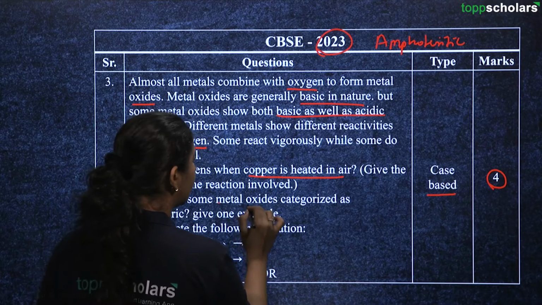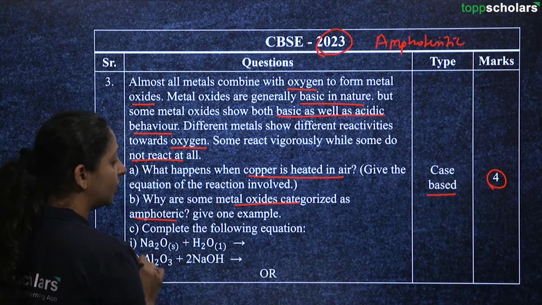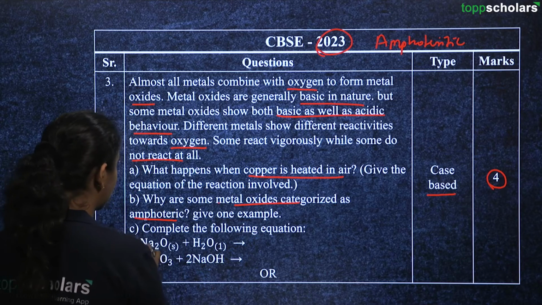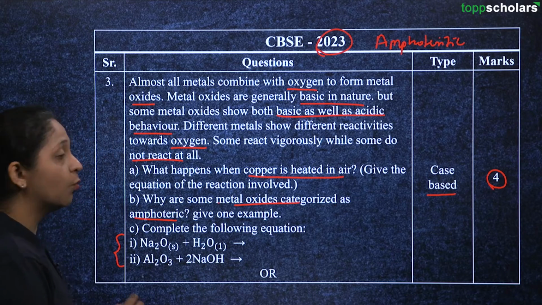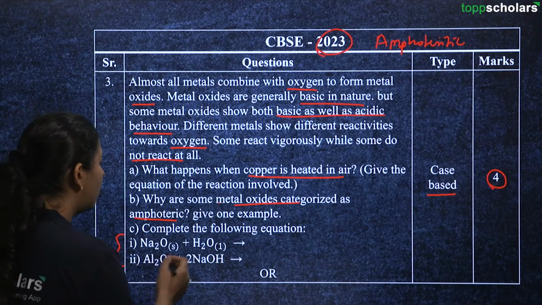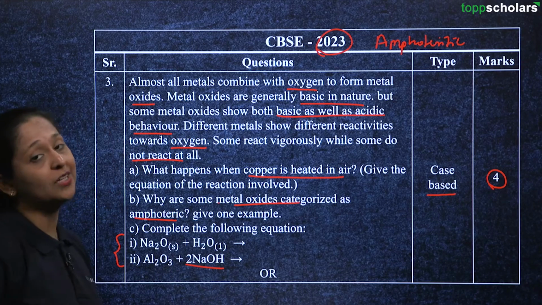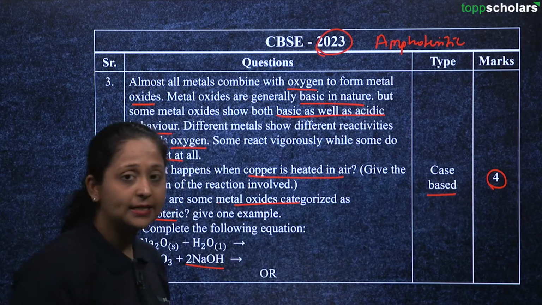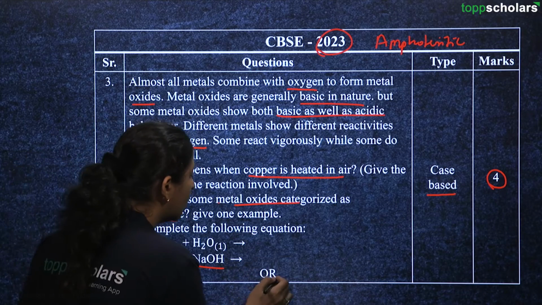Why are some metal oxides categorized as amphoteric? You have to give one example. Complete the following equation: Na2O plus water gives what? Or Al2O3 reacting with sodium hydroxide. So this is a question for a 4-mark case study type question, or you can also opt for